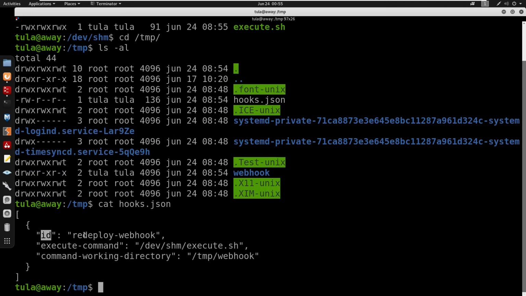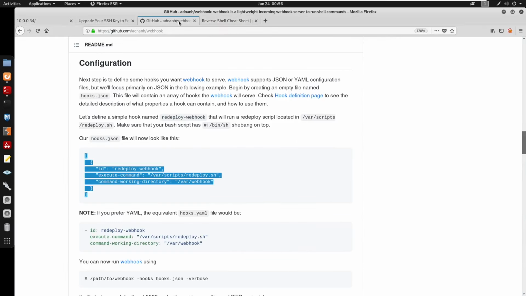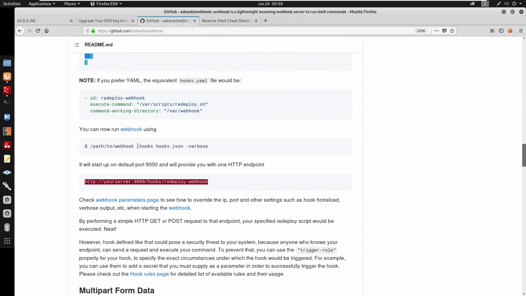So we do have ID, which could be for the directory that we're going to visit to execute our execute.sh. We also do have dev shm for execute.sh, which is under this directory. We do have our temp for the webhook. So looking down here, we can start by doing